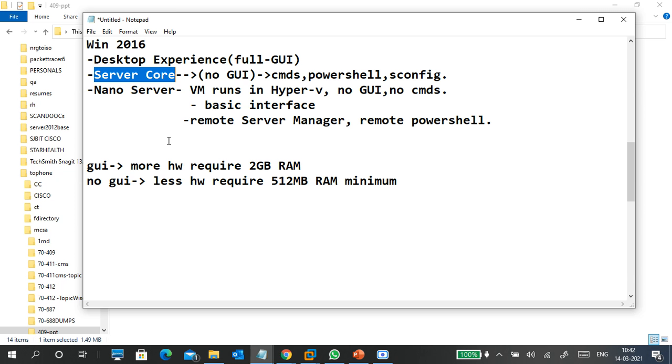Okay. Next is the nano server. Nano server is for very few services only. Of course, there is no GUI. Normal CMDs also won't work here. You can type nano server in Google and see how the screen looks. It runs on a virtual machine, because your Windows server already has Hyper-V. So you can run multiple nano servers, because nano servers take a very small hardware footprint.